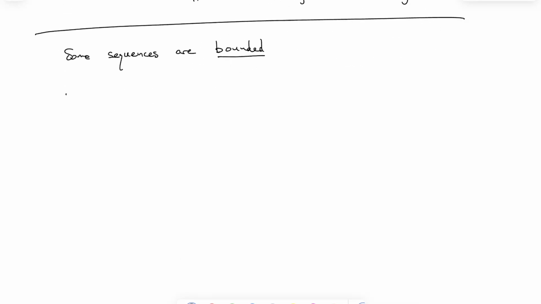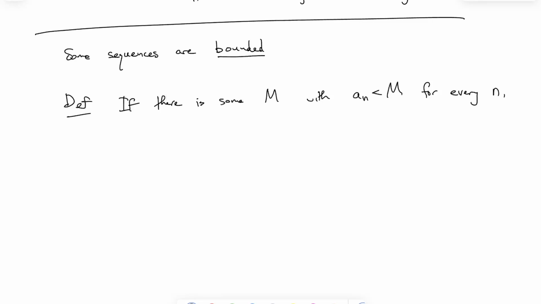The way that I'm going to write that, if you like, you could write this as a definition: if there is some number, I'll say big M, big M is going to be the bound. If there's some big M with a_n less than big M for every n, that means some big number so that everything in the sequence is always less than this big number,